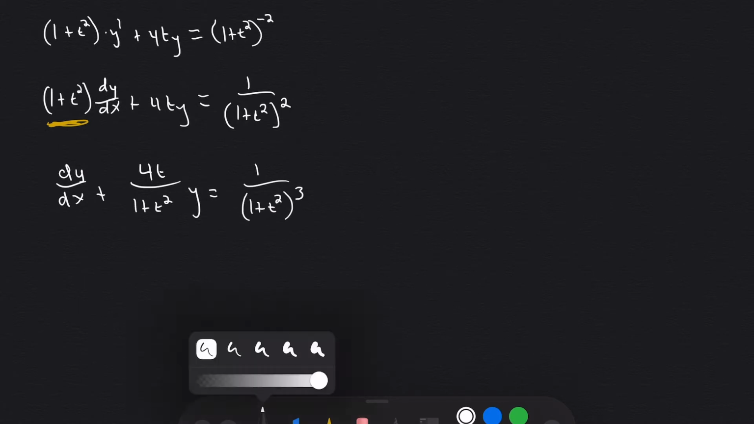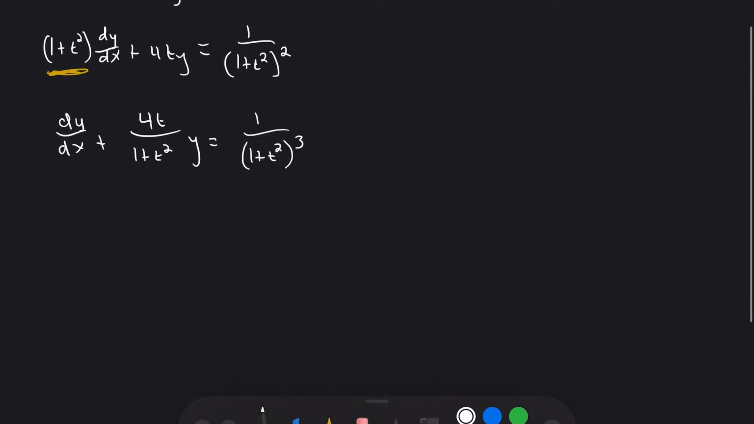factor. So what that means is we have this extra term here in front of the dy dx. We need to get rid of that. So we're going to divide every term by that term. Okay, the next thing that we want to do is notice that this part in front of the y term